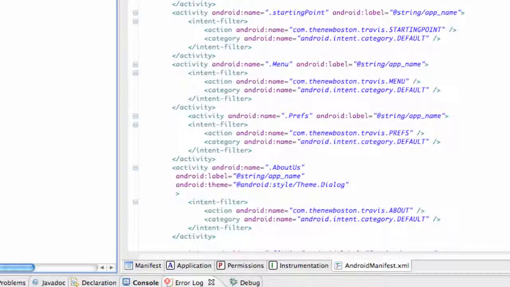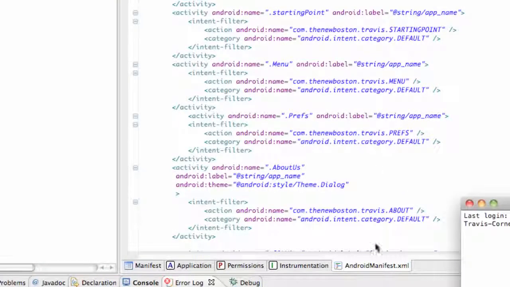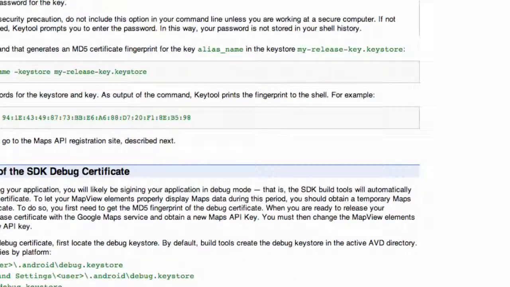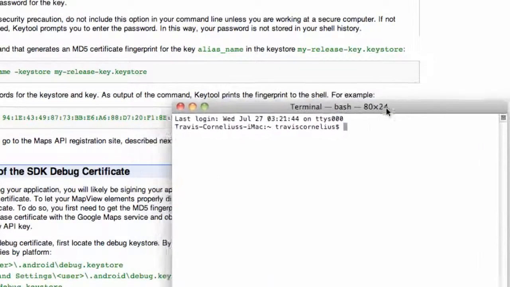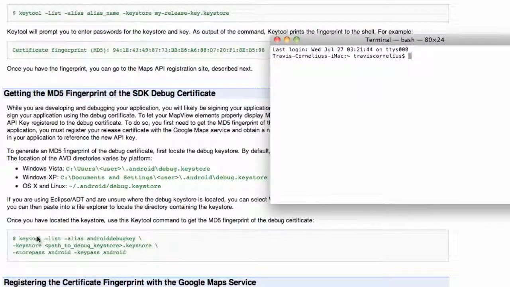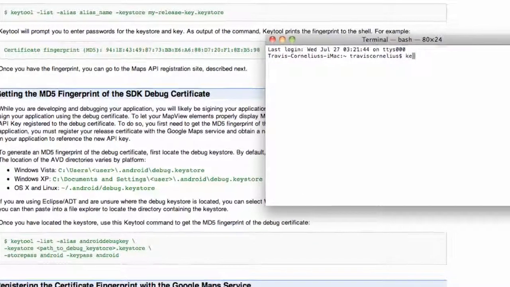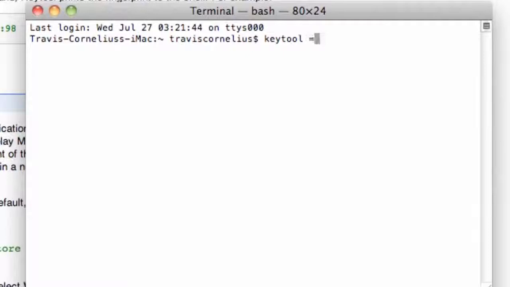And there we go. And now we're going to open up our command prompt, and we're going to basically type what is right here. So pretty simple. What you guys want to type out is keytool -list -alias androiddebugkey -keystore